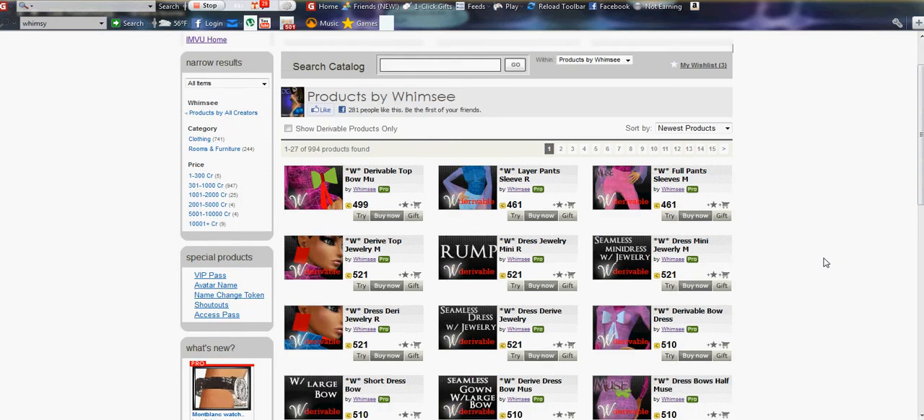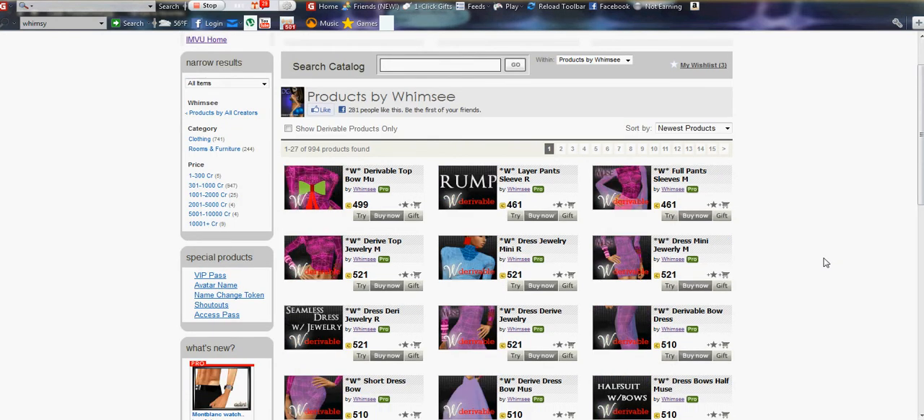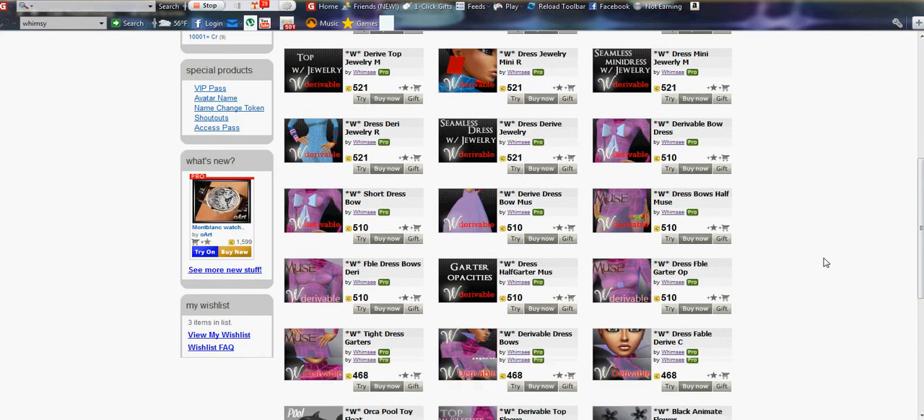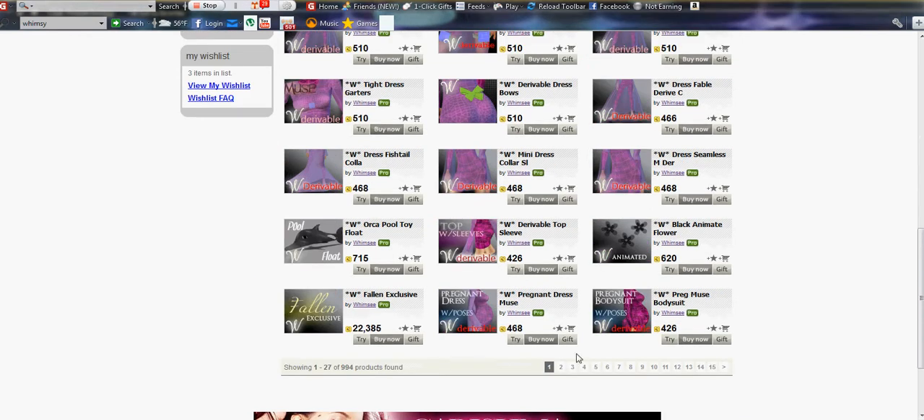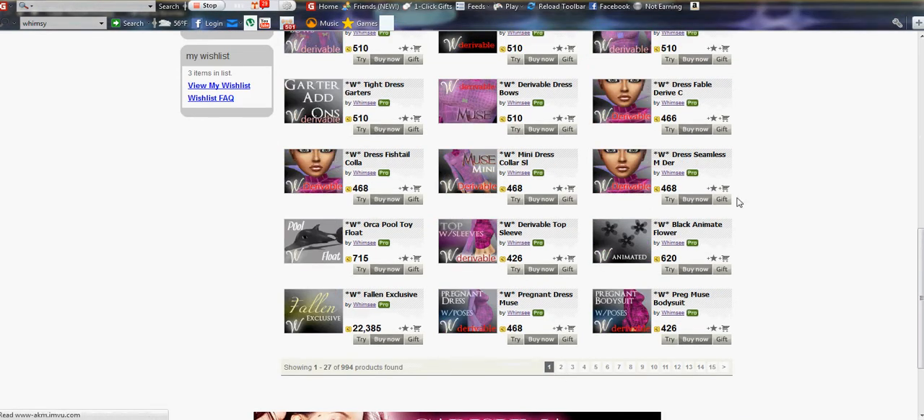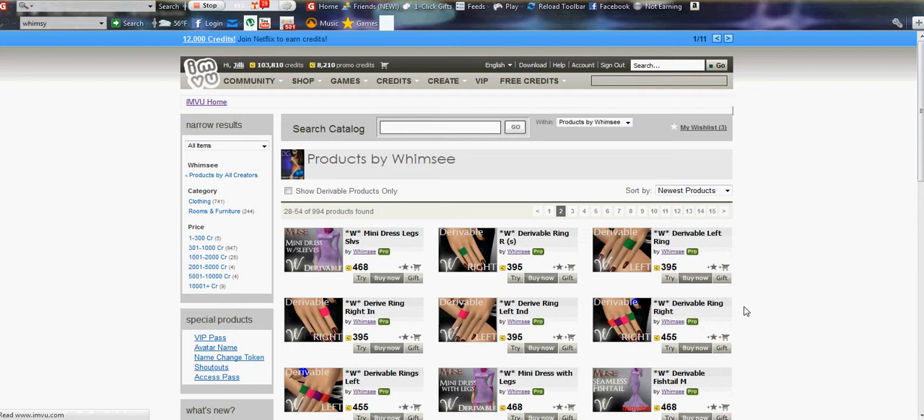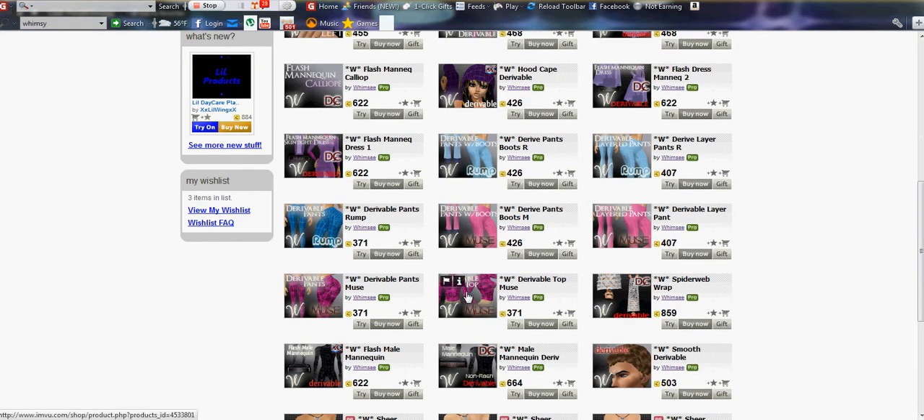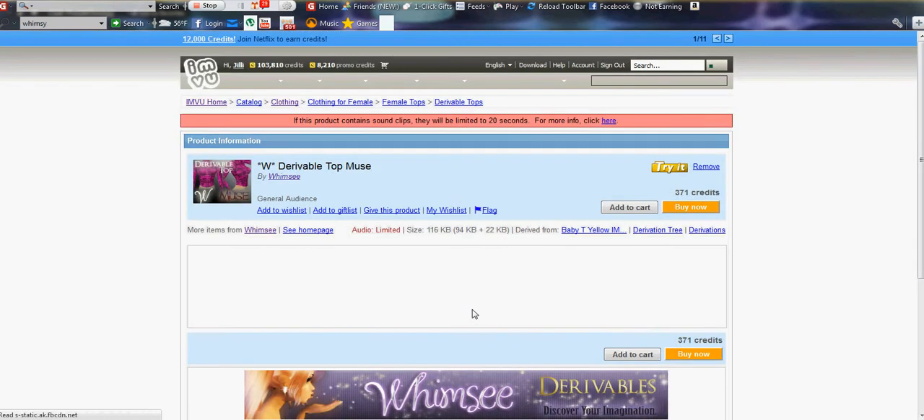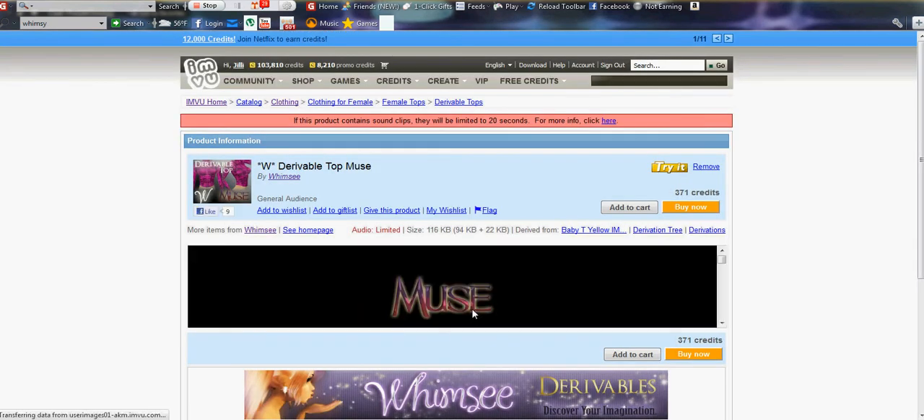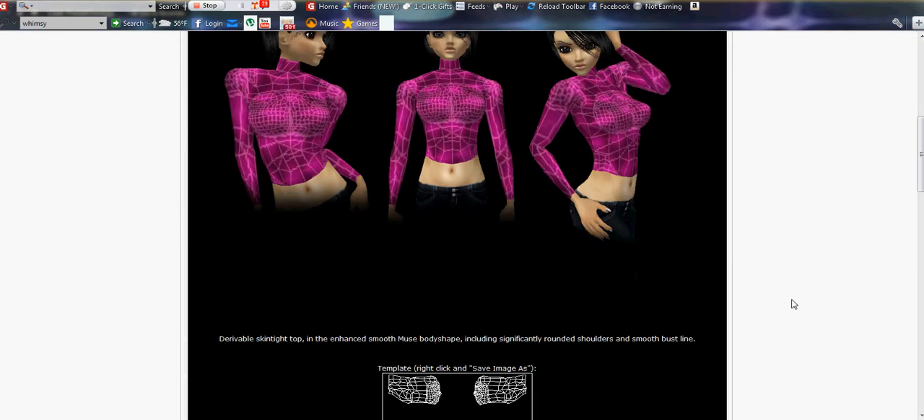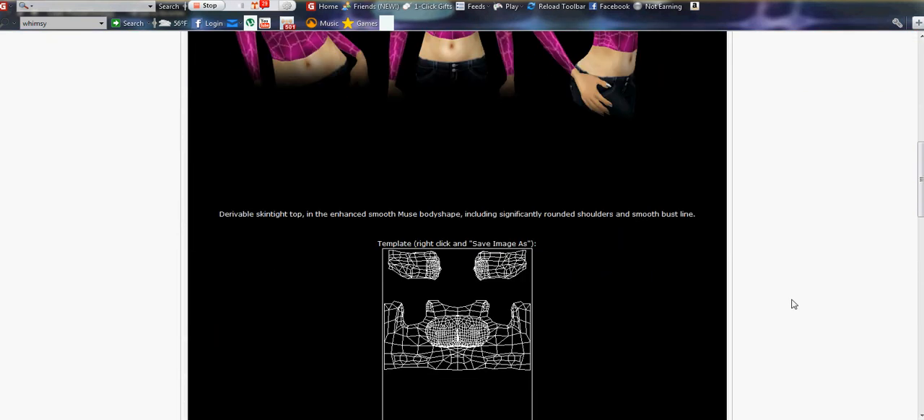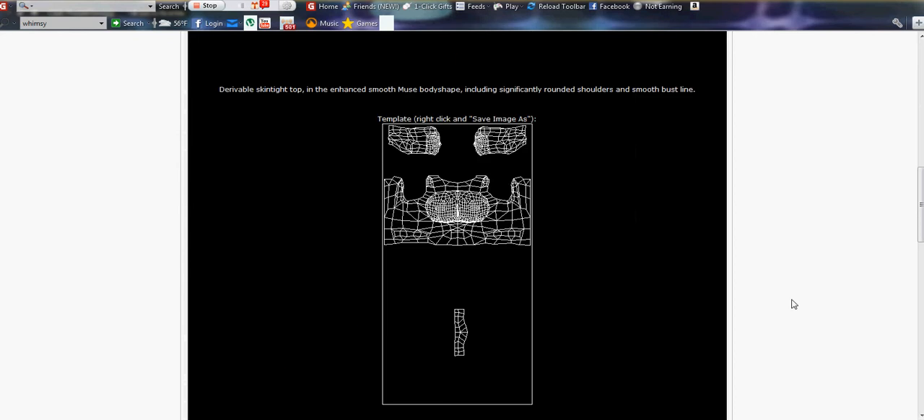So I want to show you how to make opacity for a top. So let's go ahead and find just a regular top, nothing more. There we go. Derivable top muse. Click on it. Once it loads,